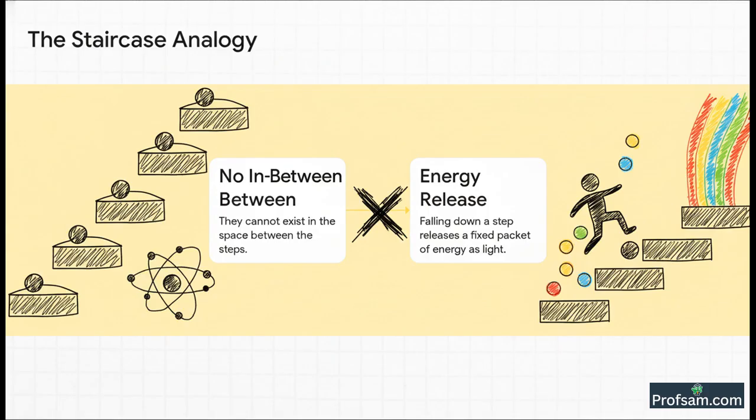And this is the best way to understand it. Forget a smooth ramp. Just imagine a staircase. An electron can be on step number 1, or step number 2, or step number 3. But, and this is the key, it can never float in the empty space between the steps. It's just not allowed. And to go from a higher step to a lower one, it has to jump. And when it makes that jump, poof, it releases one fixed packet of energy in the form of light. And the size of that packet, which decides the color of the light, depends completely on the height of the